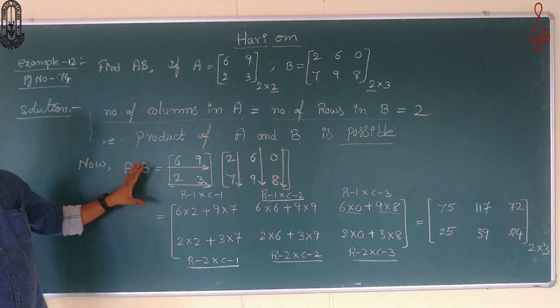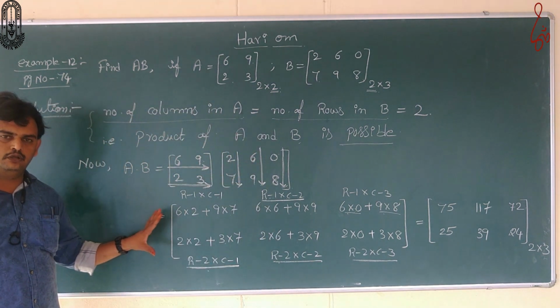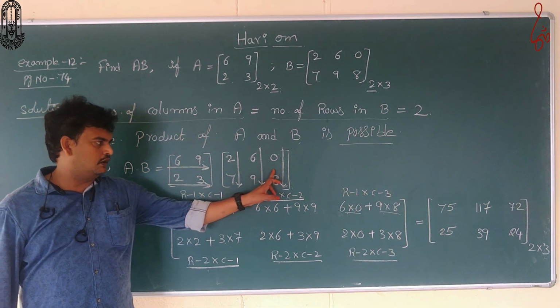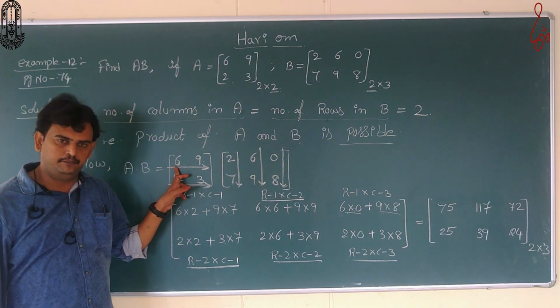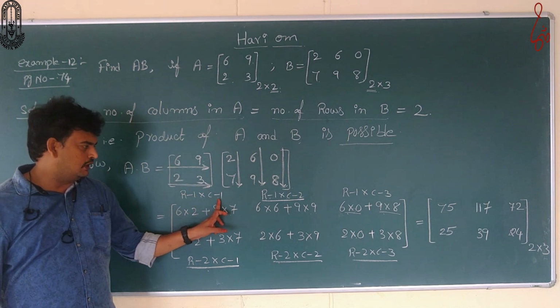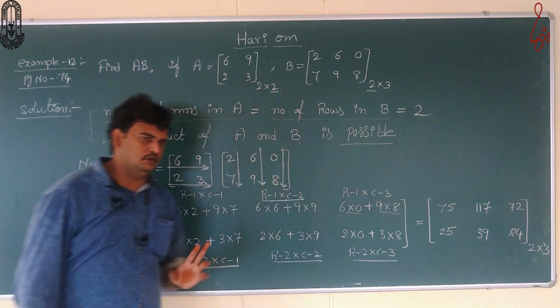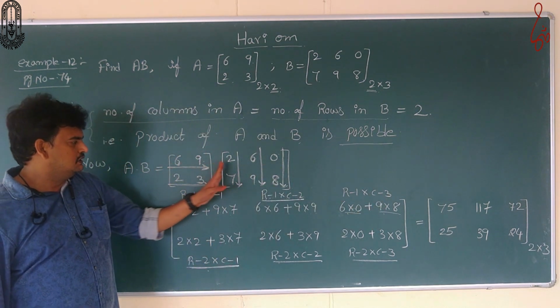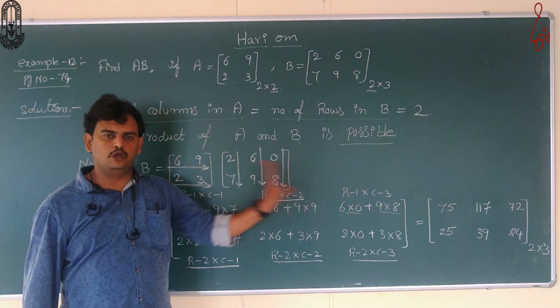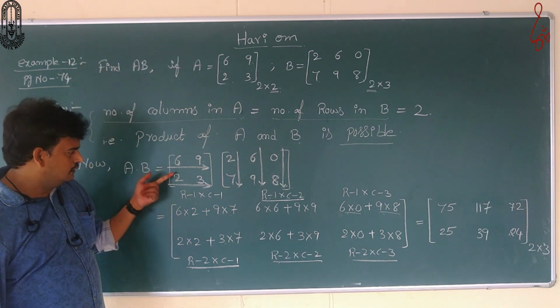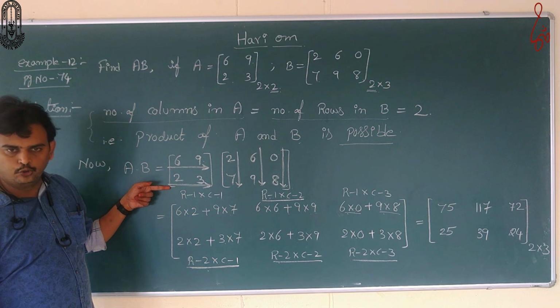So this is the operation we have to do very carefully without any confusion. First we need to multiply all the columns with row 1. So row 1 into column 1, row 1 into column 2, row 1 into column 3. In first row we have 2 elements, in each column also we have 2 elements. After completion of the operation with row 1, then we shift to row 2.